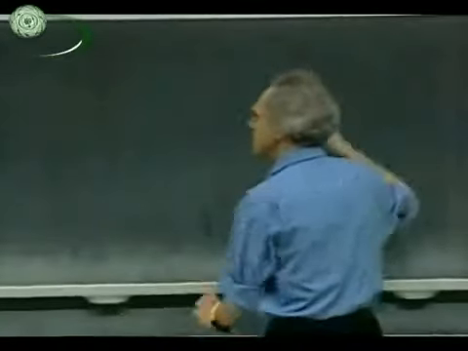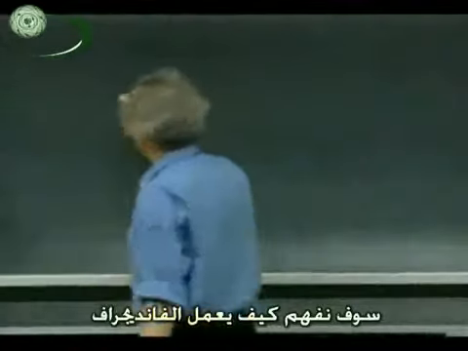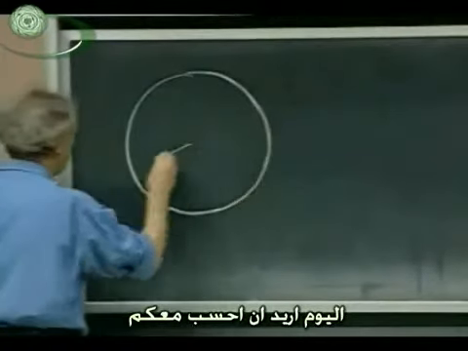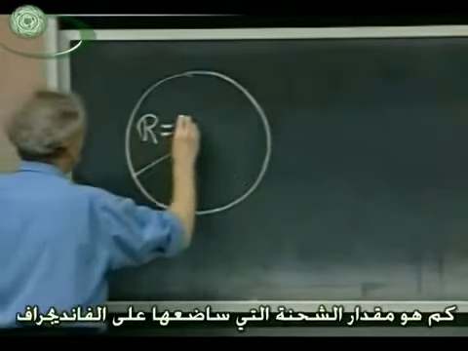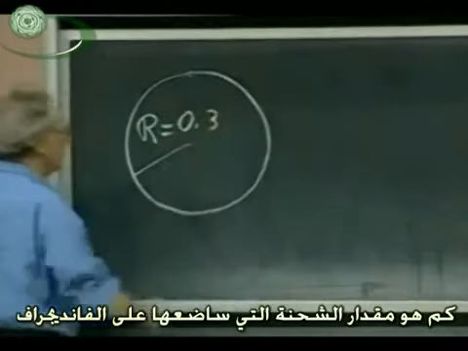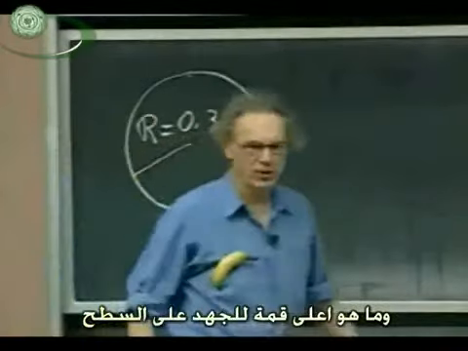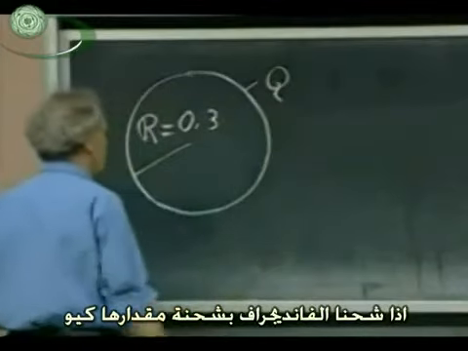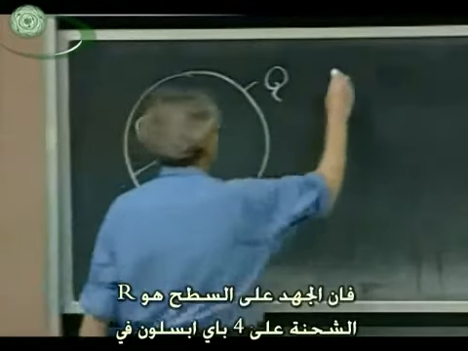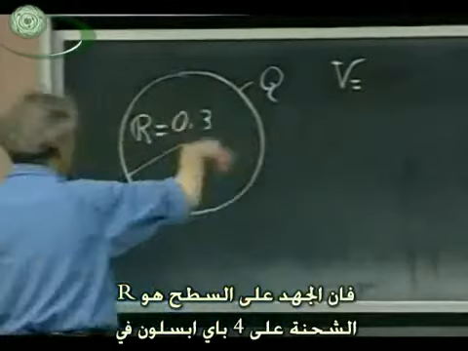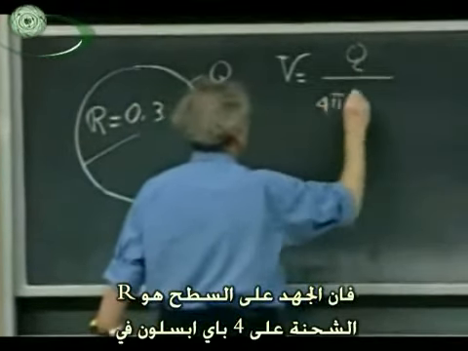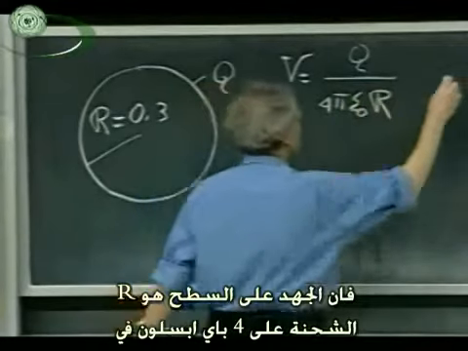So I want to be a little bit more quantitative now and deepen our knowledge of the Van de Graaff. Slowly we're going to understand how the Van de Graaff works, and today I want to calculate with you how much charge we can put on the Van de Graaff and what the maximum potential is at the surface. If we charge up the Van de Graaff with charge Q, then the potential of the surface, an equipotential, is Q divided by 4 pi epsilon 0 r. And the electric